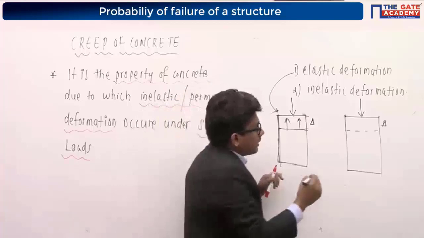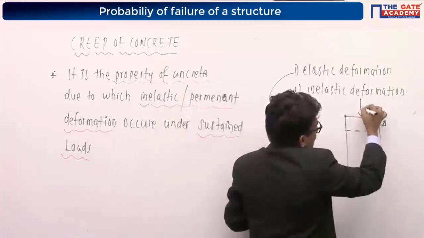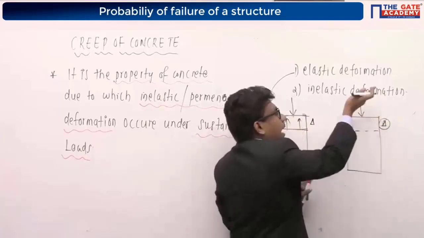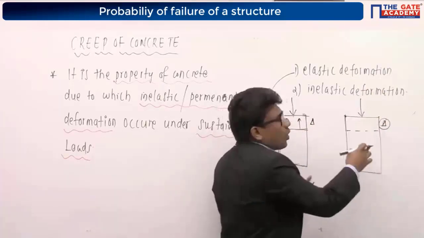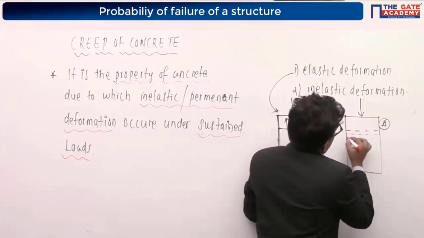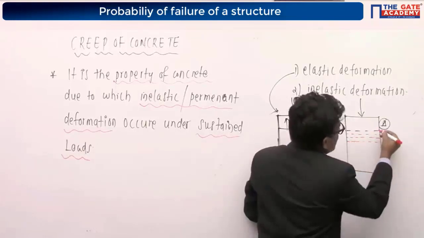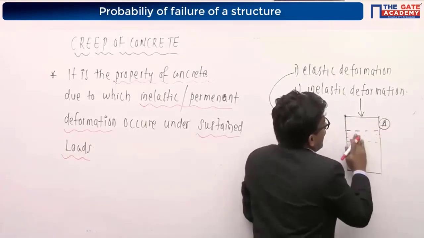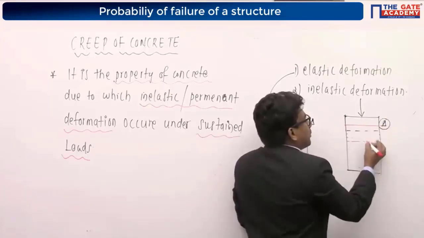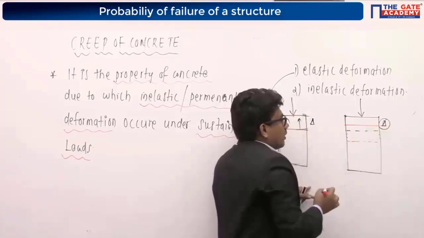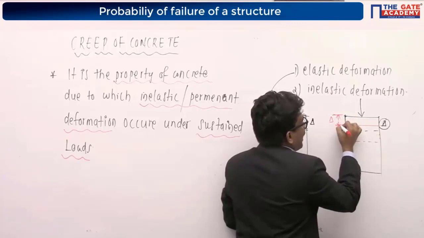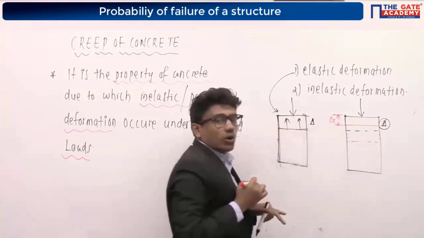This deformation will keep on increasing. I am explaining this with this figure. I have applied the load. This delta is the elastic deformation; if I remove the load, it will come back to the initial state. If I keep this load here for a very long time, further deformation will occur in this member, going down. On the removal of the load, it will not come back to the initial stage. Suppose it has bounced back to this stage. This much portion we cannot recover, which is called inelastic deformation.